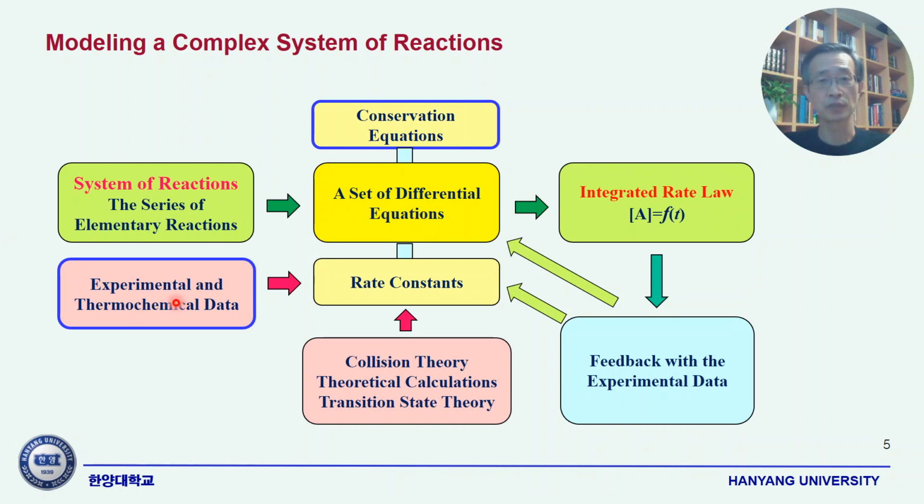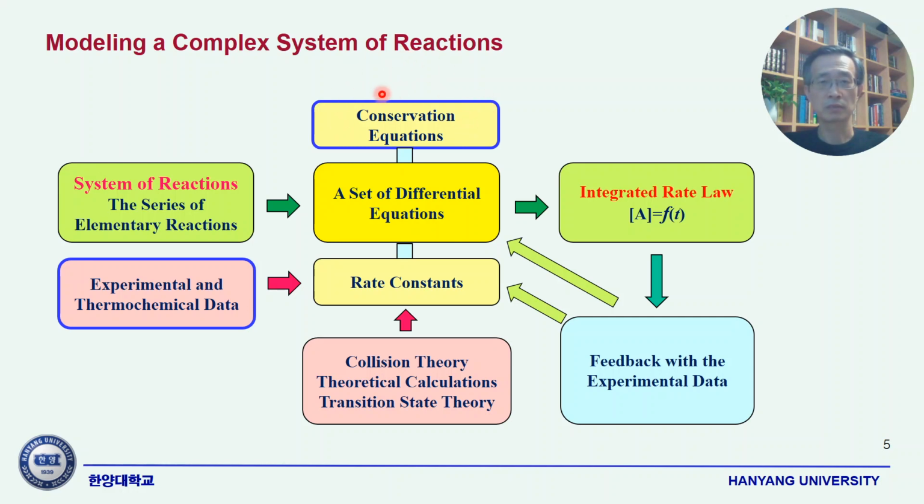Then from the activation energy you obtain the rate constant out of the Arrhenius equation. And also theoretically you can obtain the rate constant from collision theory, or just by doing quantum and statistical mechanical calculation, theoretical calculation, and transition state theory you may obtain the rate constant. So gathering or incorporating all these ideas into the rate constant, and then